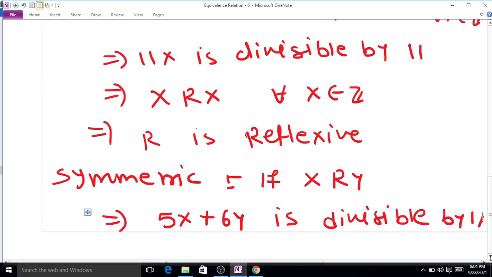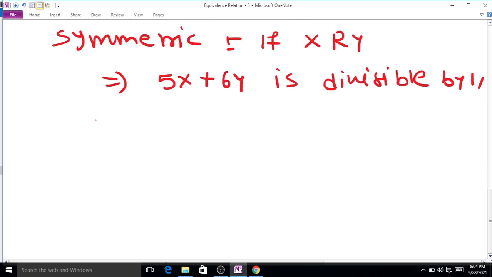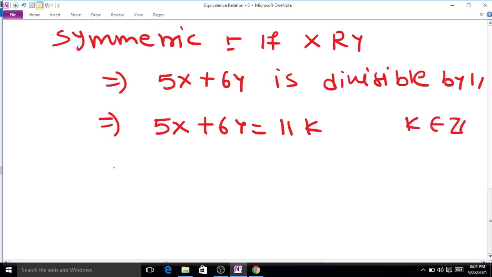This implies 5x plus 6y is a multiple of 11, so we can write 5x plus 6y is equal to 11 times k for some k belonging to the set of integers. Now we want to show that y is also related to x. To show that, we want to show that 5y plus 6x is a multiple of 11. So consider 5y plus 6x